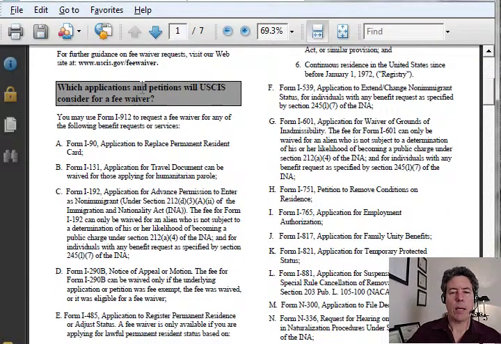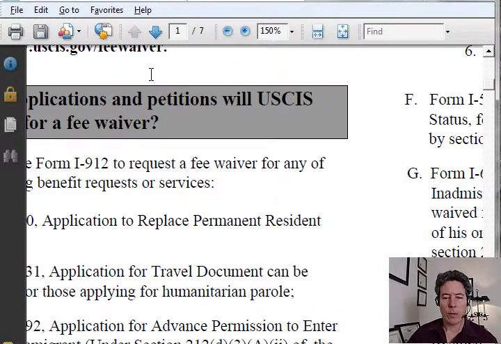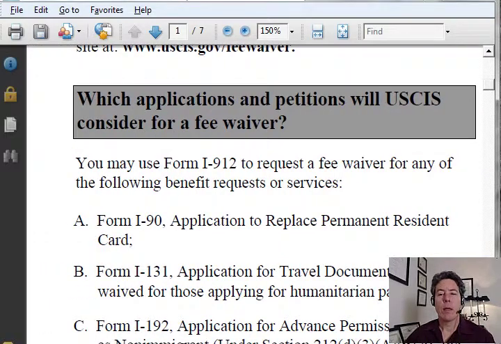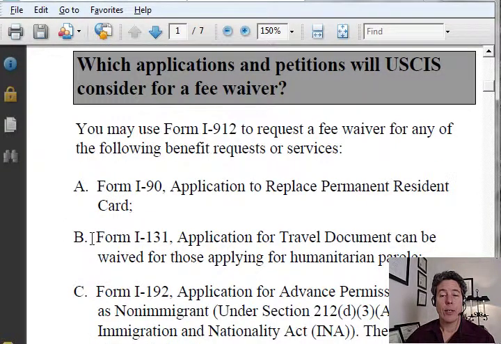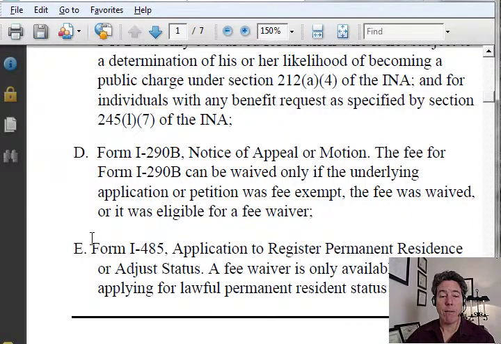Let's blow this up. That's a little bit hot. Okay, and then let's screw it over this way. There we go. You may use Form 912 to request a fee waiver for any of the following benefit requests or services. I-90, great. I-131, I-192, excuse me, a 290B, a 485,